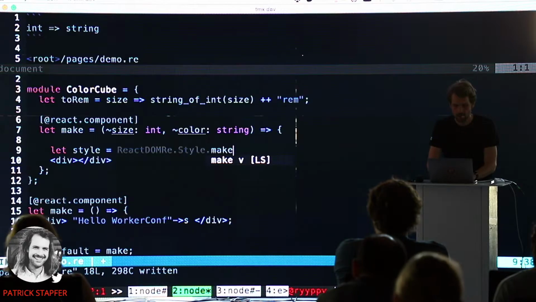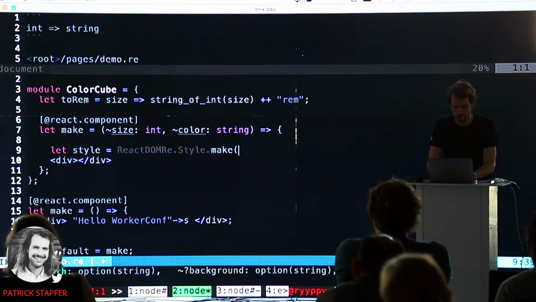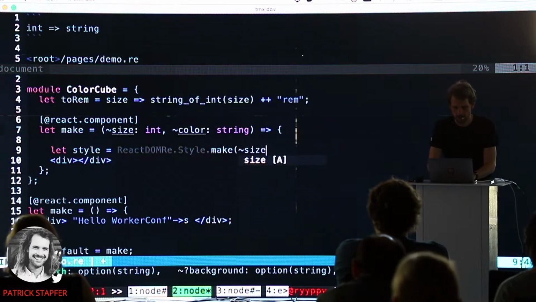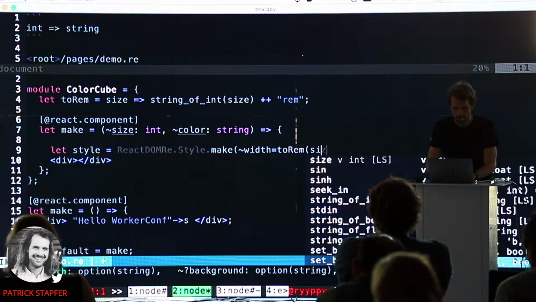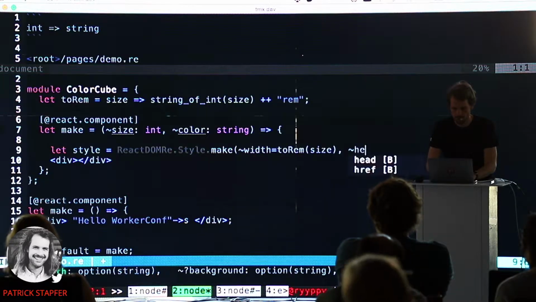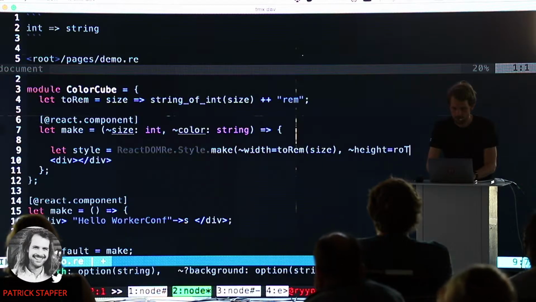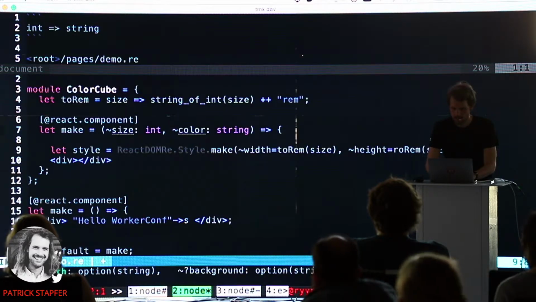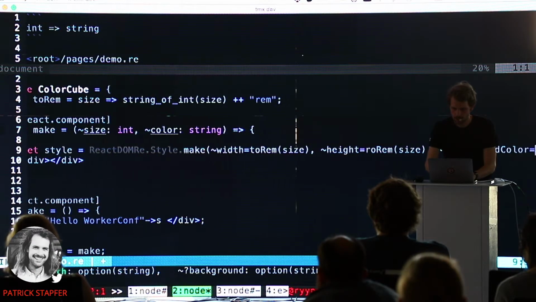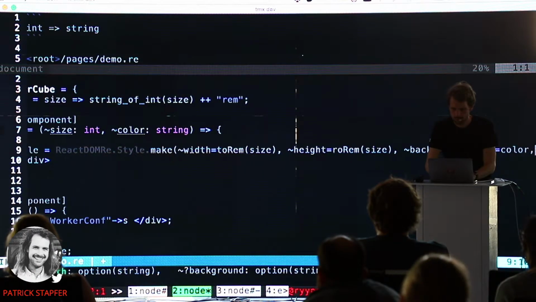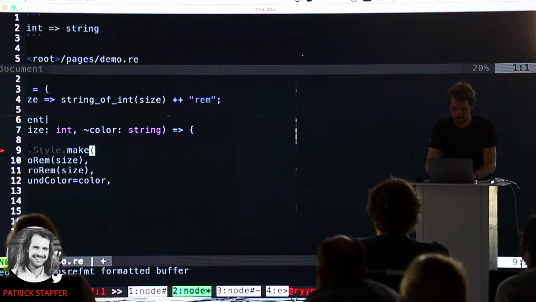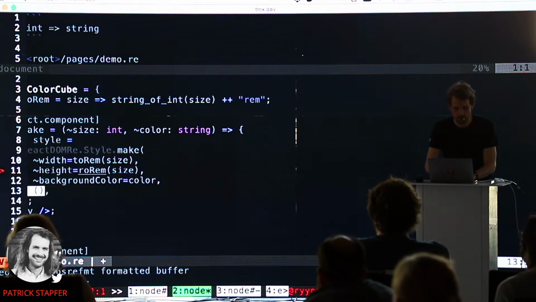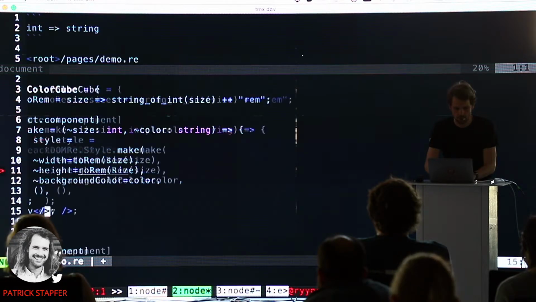For instance, style.make. We call this function with a labeled argument called width, and we'll put the size in there. We also have a height, toRem, size, and then we have a background color, which is color.